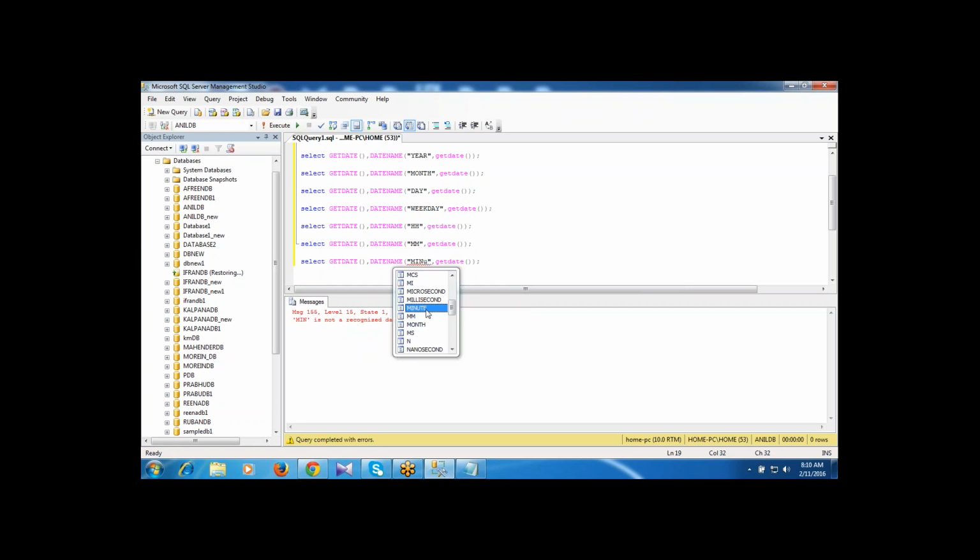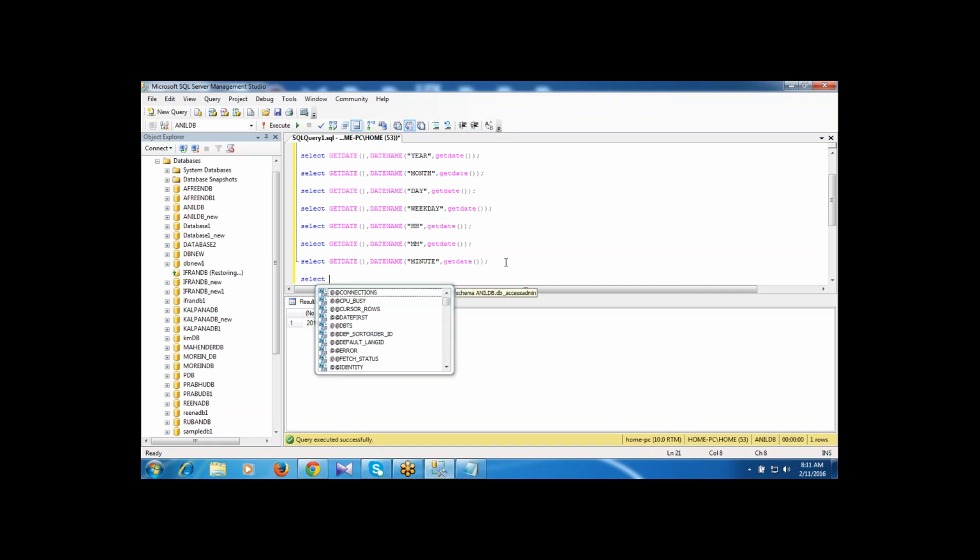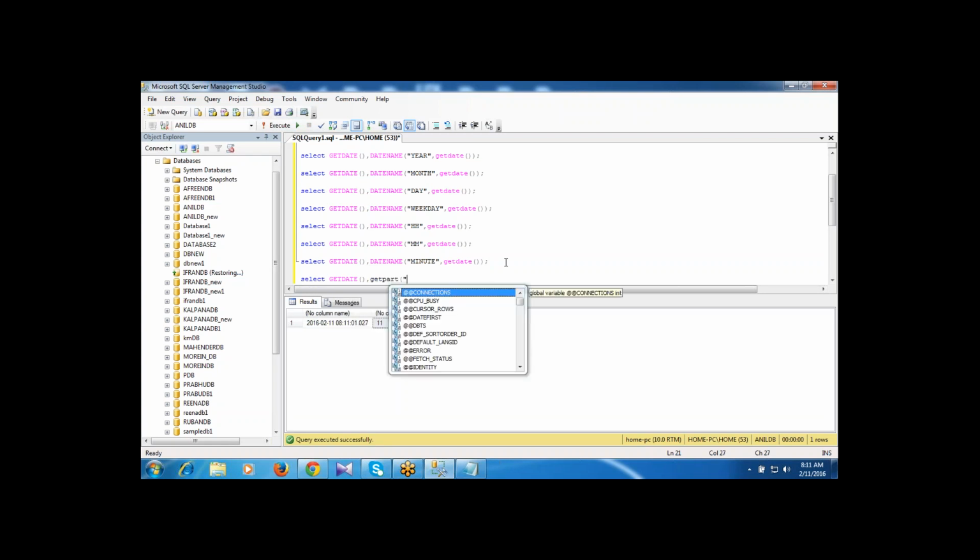I'm selecting the minute. Right? 811, right? So I can use the DATEPART also. Same kind of result, but in DATEPART, the only difference is while getting the information for the month,